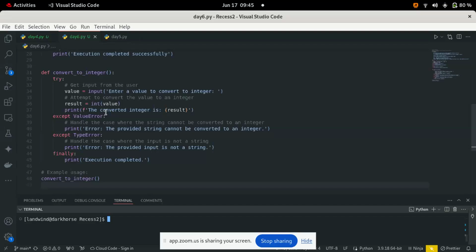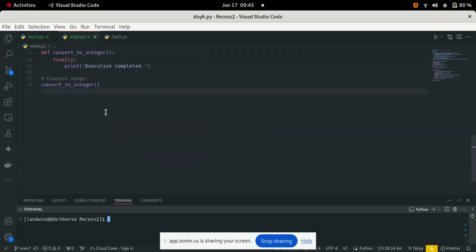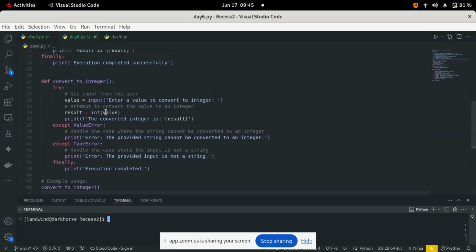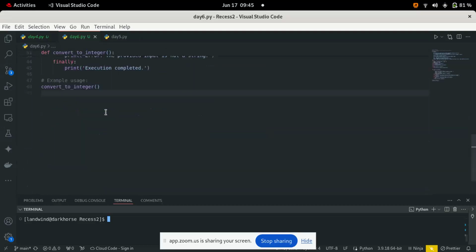Then I also put another exception, which is a type error, which handles the case where the input is not a string. Then I also include the finally block to clean up the code execution. So from there, I call my function, which is convert to integer.